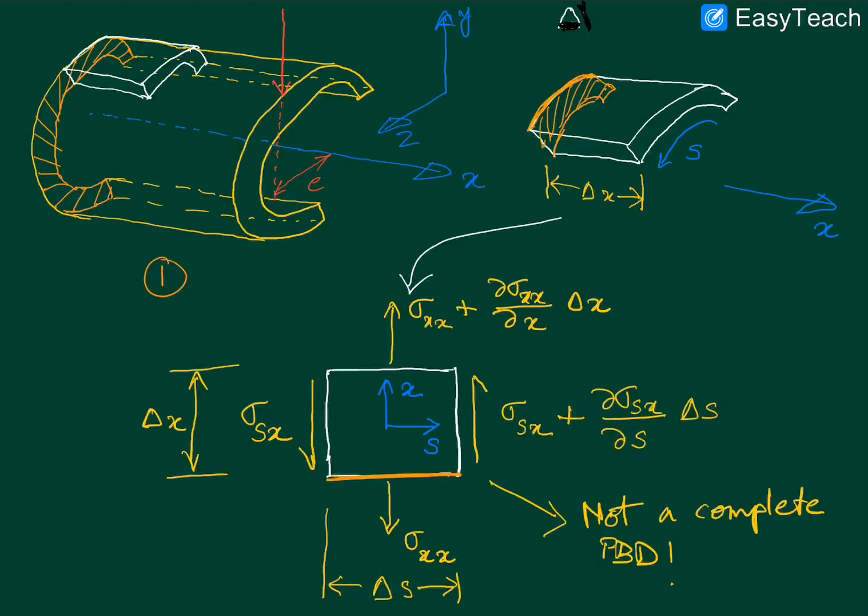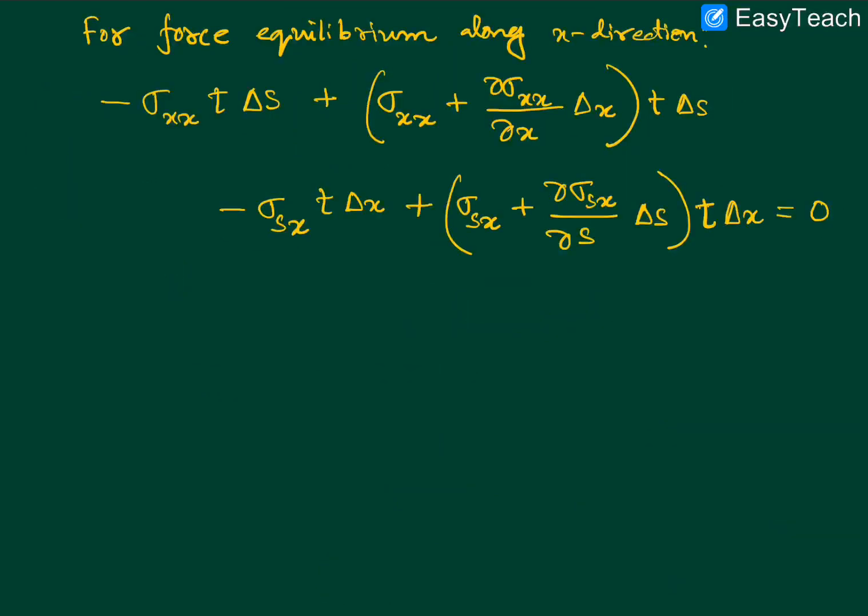If it varies, then we have to take this contribution of t inside here with the sigma sx, because if t varies with s, then it will be sitting inside the derivative with respect to s. But here we are not considering that extra complication. We are just going to write it out like this. So from this, what we can obtain is that